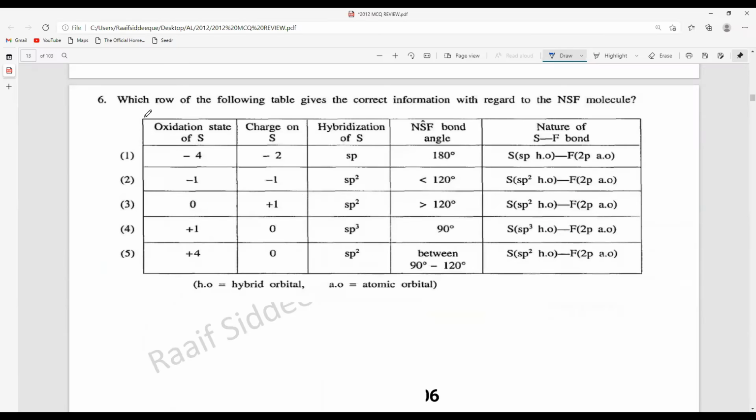Number 6. Which row of the following table gives the correct information regarding the NSF molecule? NSF, when we hear this, it's like the National Science Foundation in Sri Lanka. So, this is a molecule. Now, my first question is,